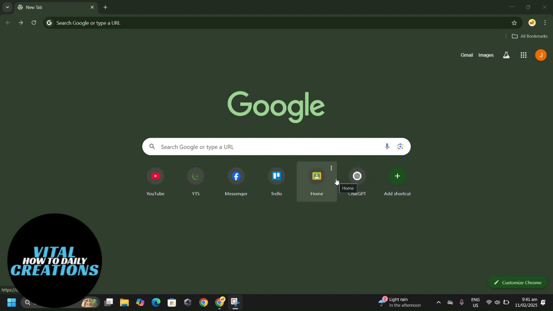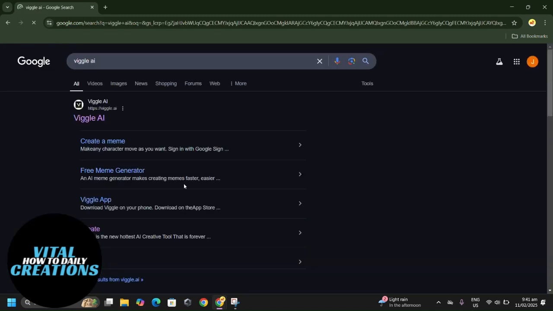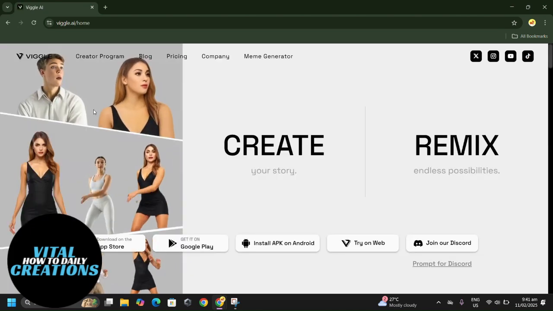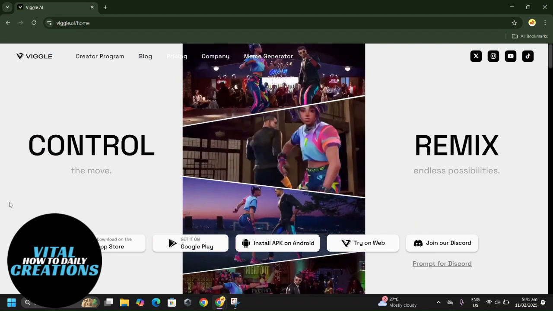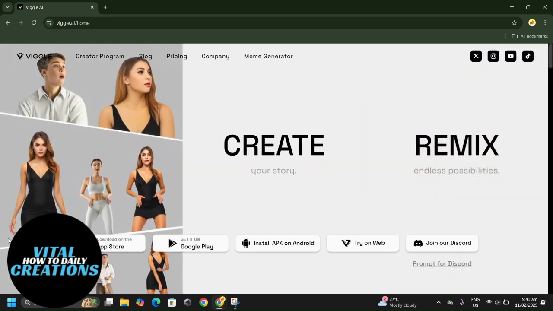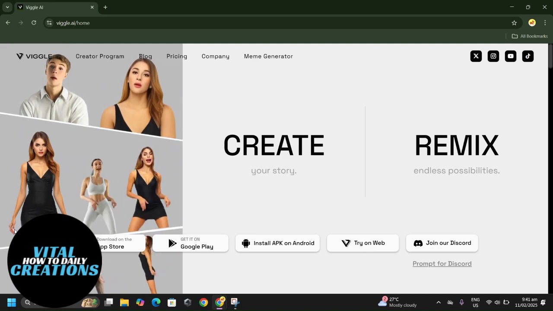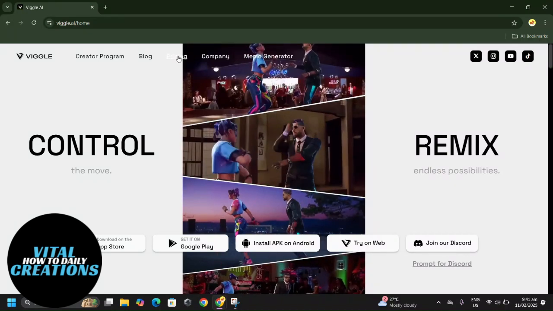So the easiest and most legitimate way to remove the watermark in Vigal AI is by upgrading to their premium subscription. Most AI-based animation tools including Vigal AI offer a free version that includes watermarks, while the paid versions allow you to export videos watermark free. To check your options, open Vigal AI, go to settings or account and look for the subscription or pricing plan section. If there's a premium plan available, upgrade to it and you will be able to export videos without any watermark.